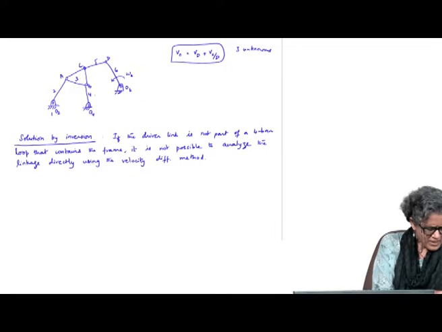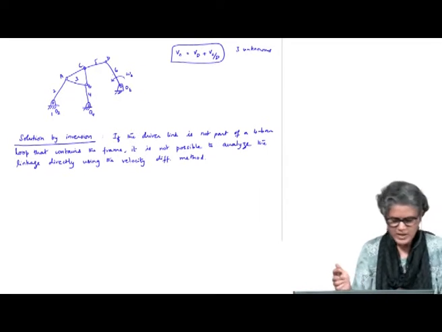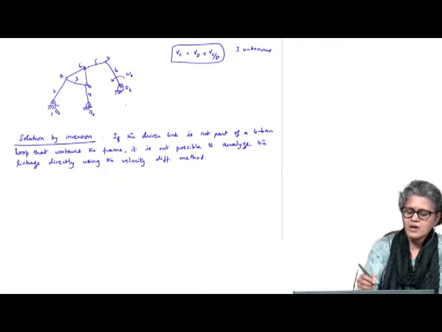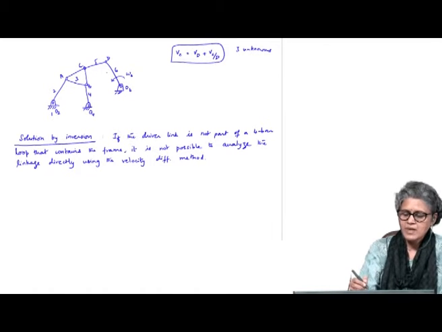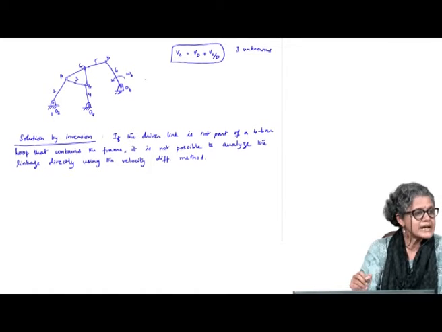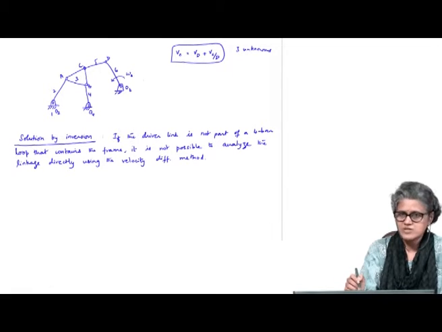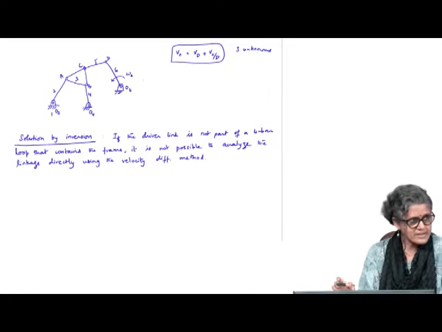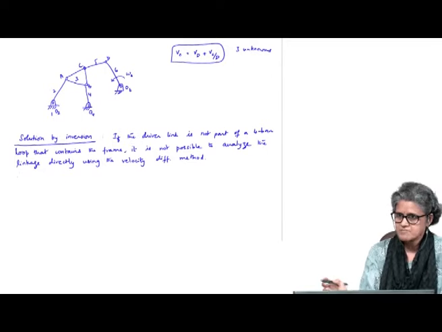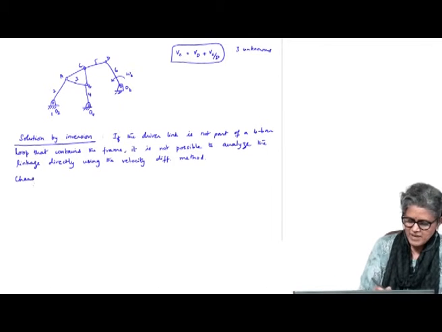Because if you look at the velocity relations, all the angular velocities in the linkage are linearly related to the input angular velocity. So we use that fact, we change the driver link,